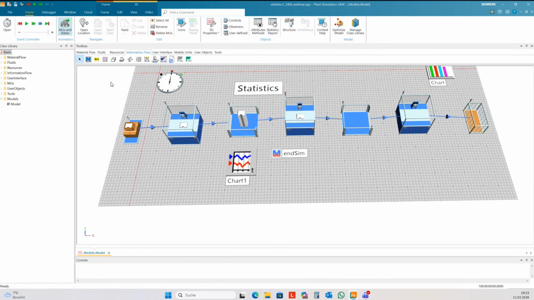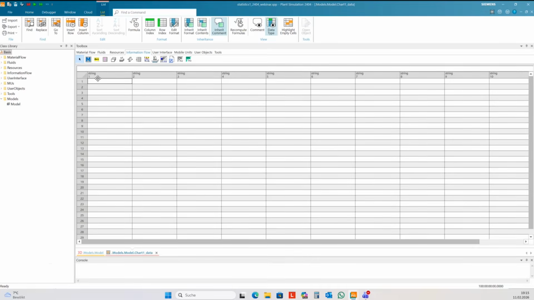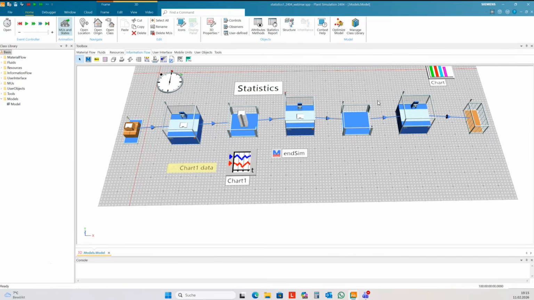And I need a data table for this. I name it chart 1. So it formats the data here if we export the data.